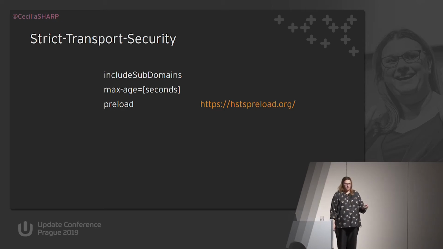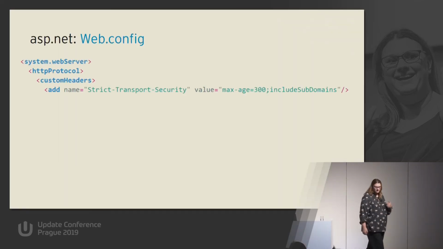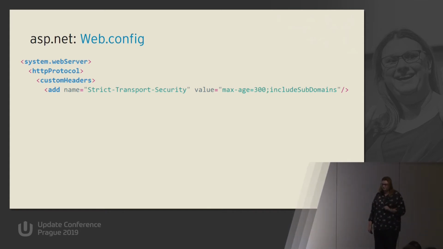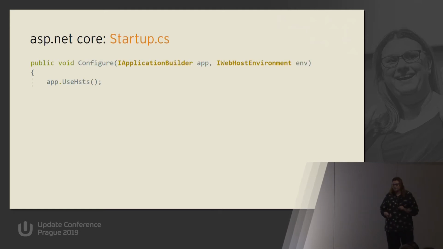So let's add this in code. In Web.config, we add it the same as before, and when we have several values, we separate them with semicolons. And for ASP.NET Core, we actually have a function. So instead of writing strings, we can just call